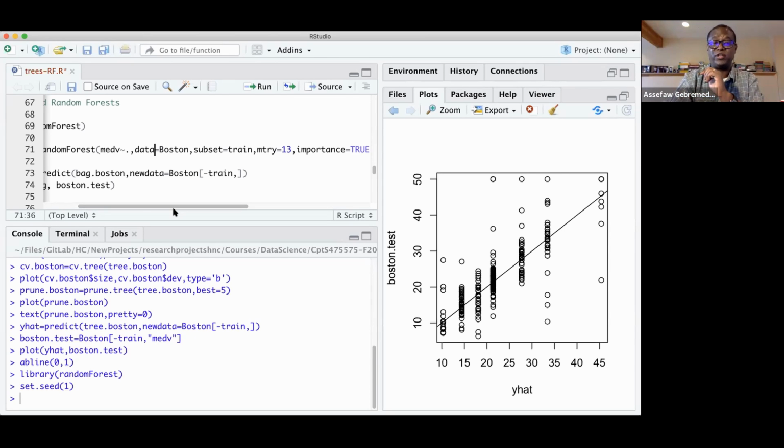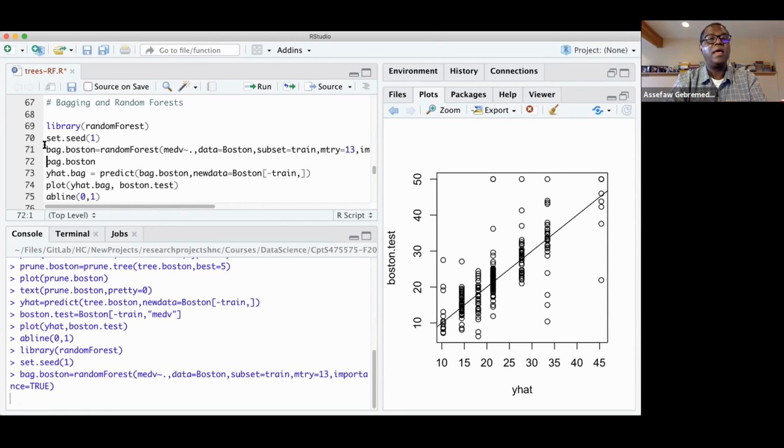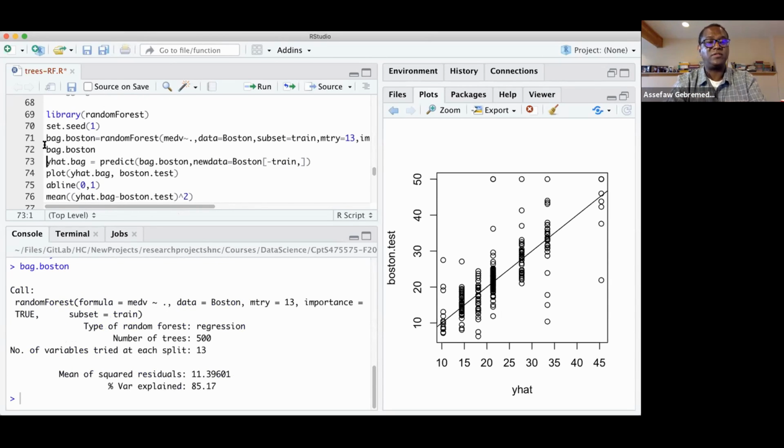So we're using all of them, is what it means. And that's why it is bagging, okay? That takes care of line 71. So we have it, and we can get some information about it. So we type the variable name, and you've got some information that this is a random forest, the formula that's called, and we